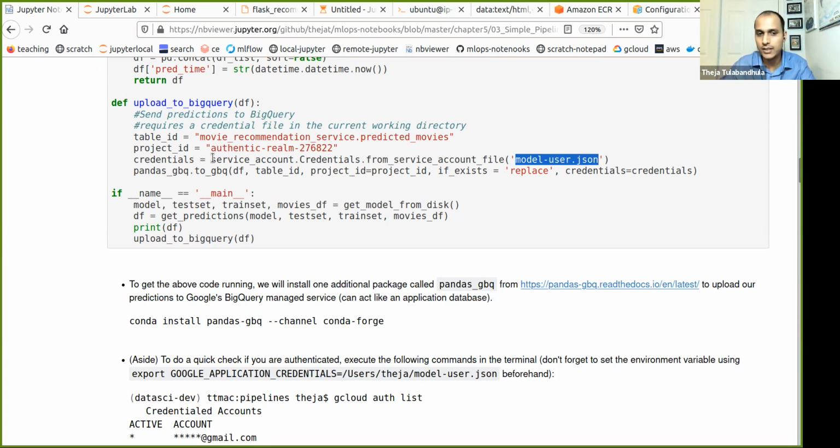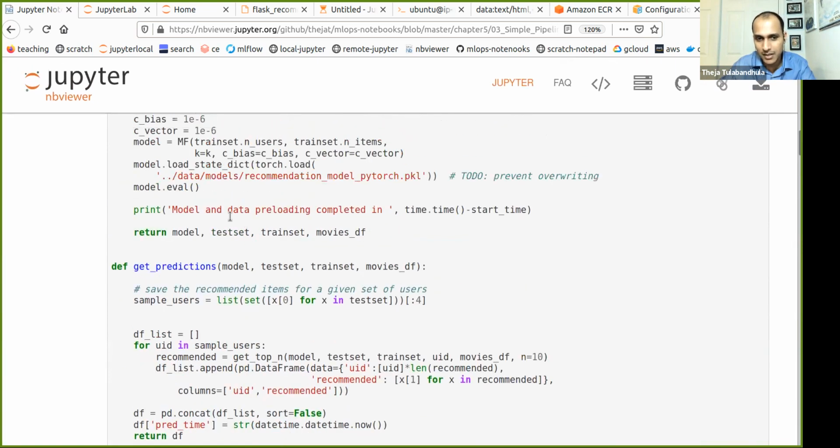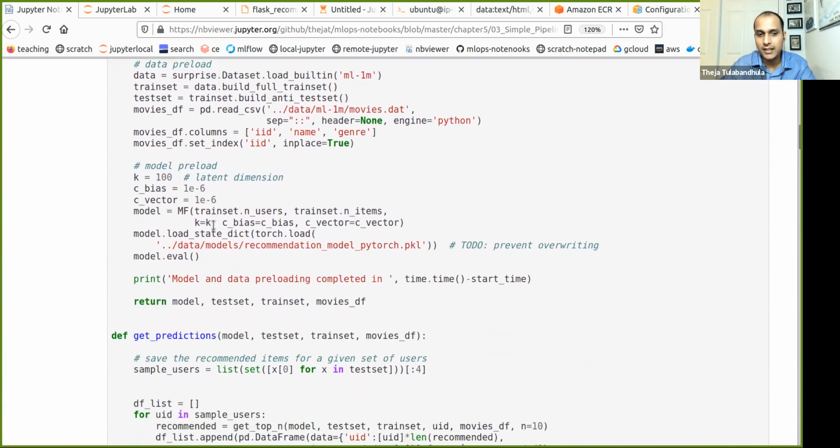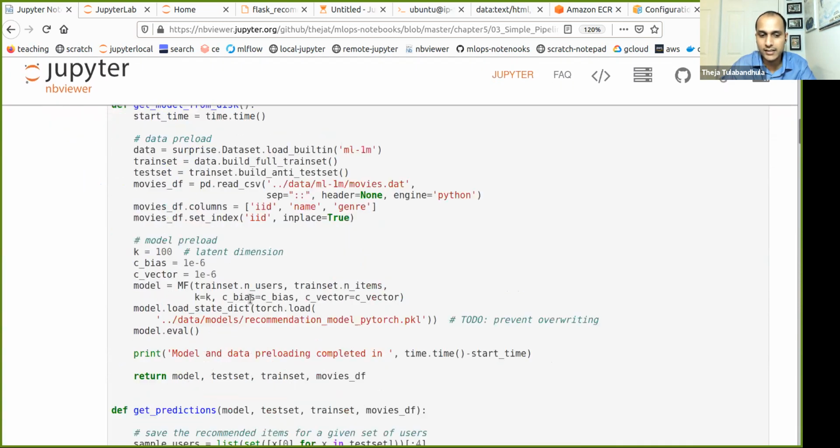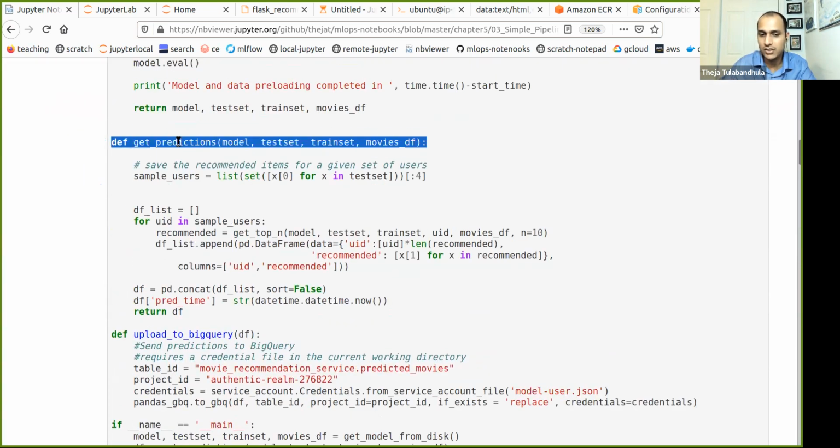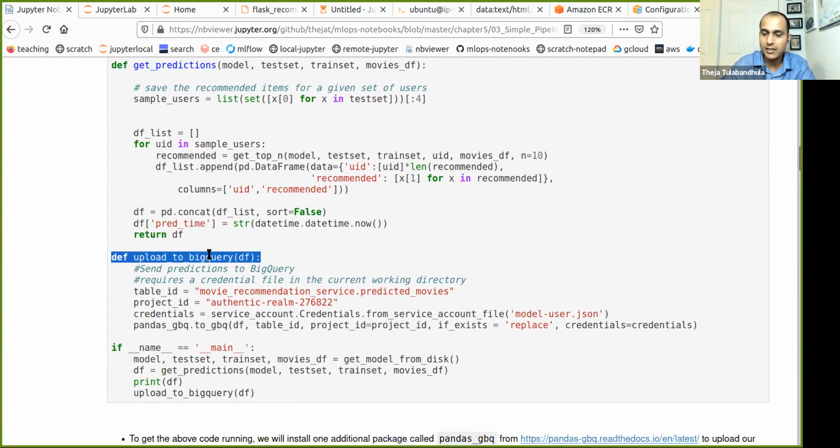Those are the 2 steps, and they're happening in the same single file. But you can imagine this happening in 2 files. One is get predictions and dump the predictions to disk, and then read the predictions from disk and put them into a database. We could have 2 different Python files, and both can be in their own containers, except they need to be able to access the same storage, let's say S3 or Google Cloud Storage, to read and write. As long as they can do that, they could be 2 different containers.